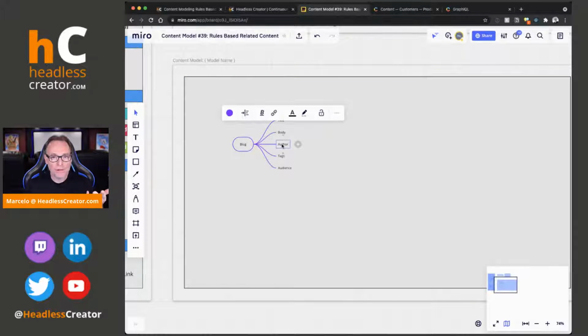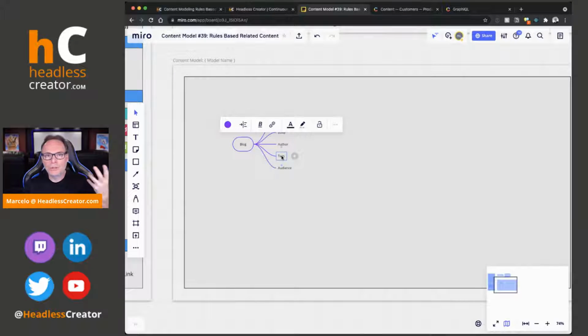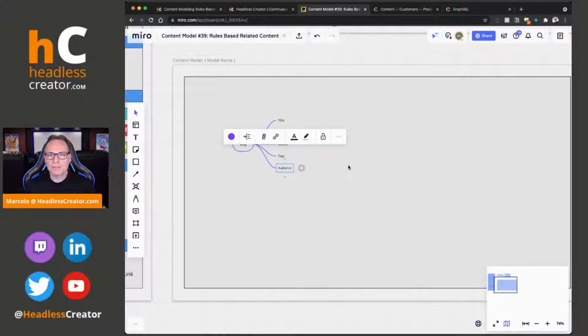So we can say who the author is, what kind of tags. For example, it could be like Ford Mustang, Toyota Camry, let's say if we're writing about cars, right? An audience, it could be car lovers, it could be truck lovers, it could be Toyota lovers, for example, that kind of stuff. So if we do that, we know that we need to have an author, a tags, and an audience